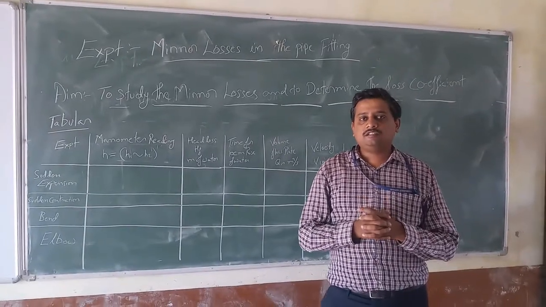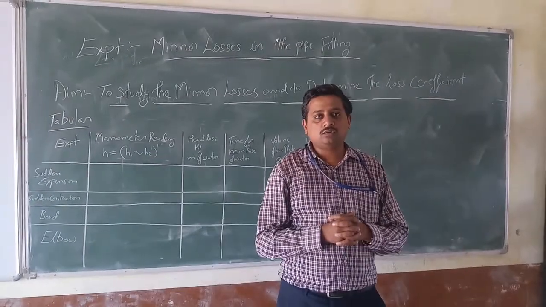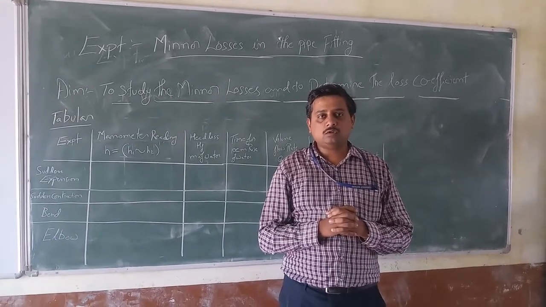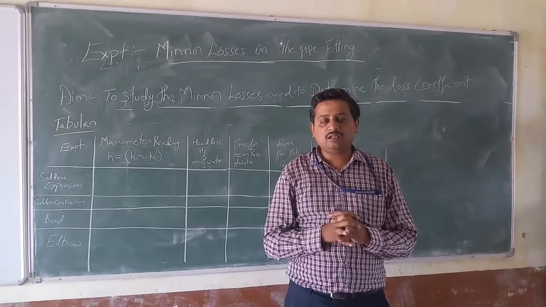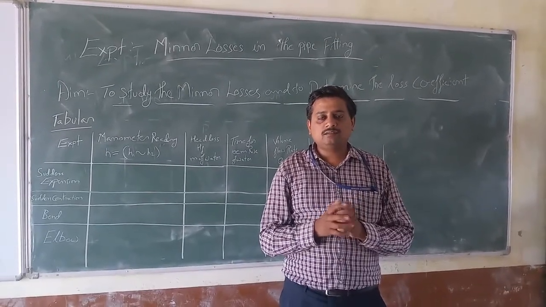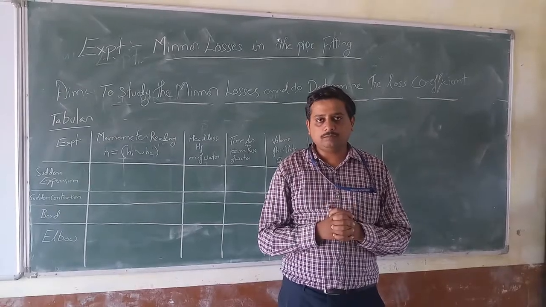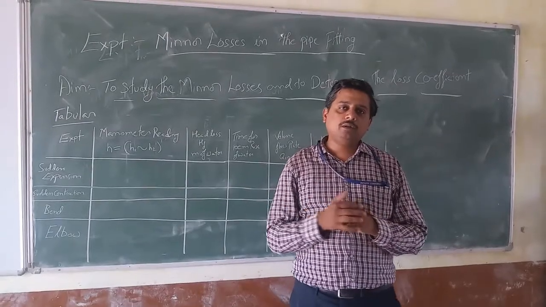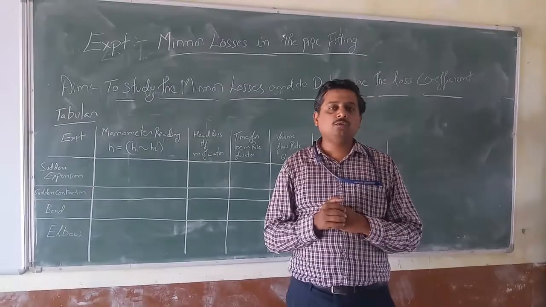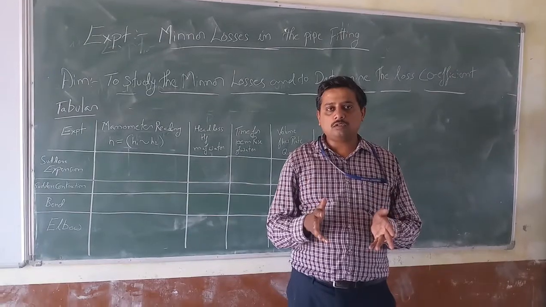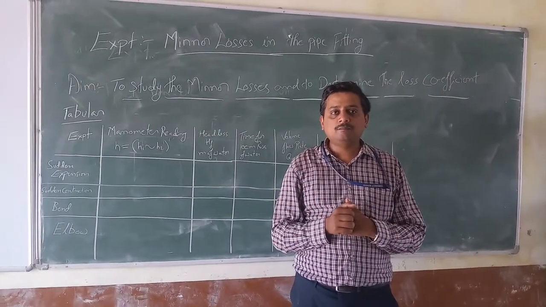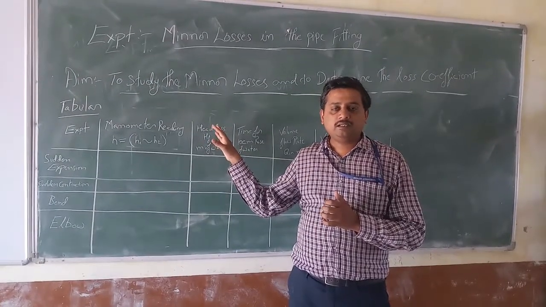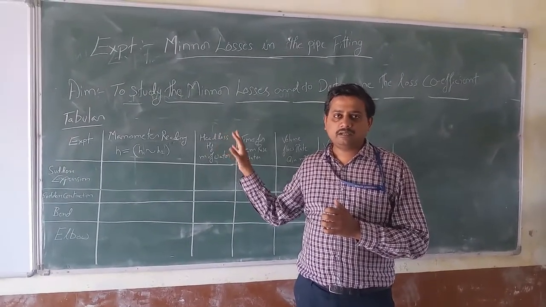As we can see, there are two kinds of losses. One is a major loss, one is a minor loss. Minor losses are nothing but losses that occur through pipe fittings, like elbow, bend, sudden expansion, sudden contraction and so on. So why do we call it a minor loss? When we compare it to a major loss, where the loss is due to friction between the flow of water and the pipe material, these losses are comparatively minor, and sometimes they can even be neglected.